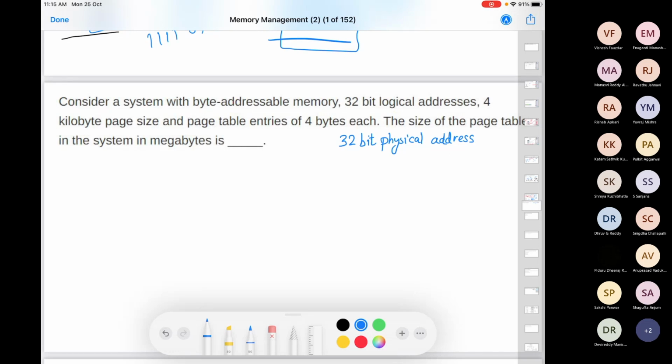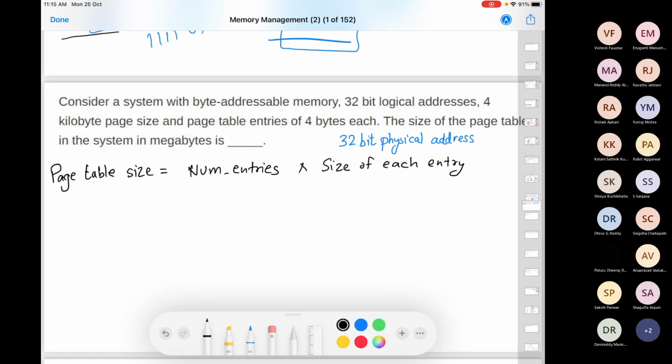So for determining the size of a page table, what do you need? How many entries are there in the page table and what is the size of each entry? So I can say that the size of your page table is the number of entries in the page table times the size of each entry.